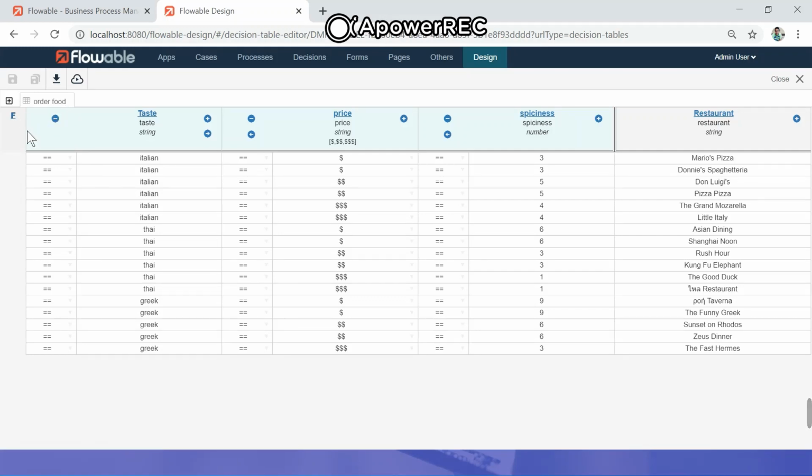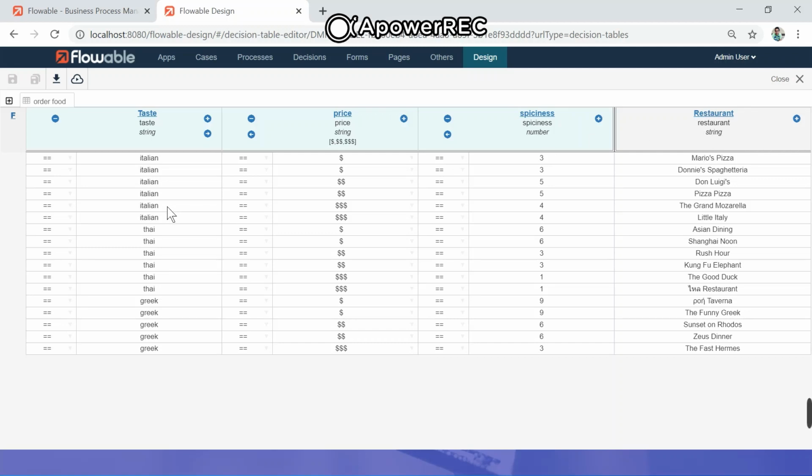Here F symbolizes the first hit policy, and here we have 3 input parameters which are taste, price, and spiciness. Taste and price are associated with string variables, however spiciness is associated with a number data type. And in the end we have the output, restaurant, which is of string data type.